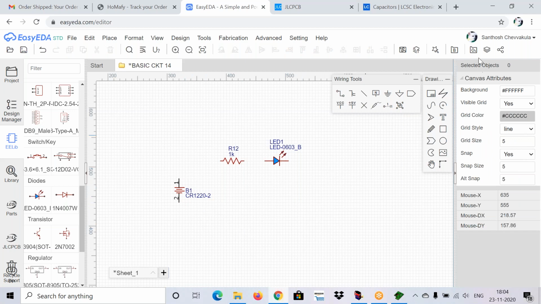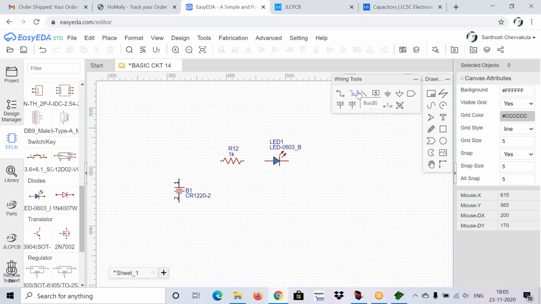Now you can observe wiring tools and drawing tools on the left side of your workspace. These are the wiring tools, right? Wiring tools are nothing but, the first one is wire. For connecting the terminals in circuit designing, we need to use the wire. But all these options we will use in further circuits.